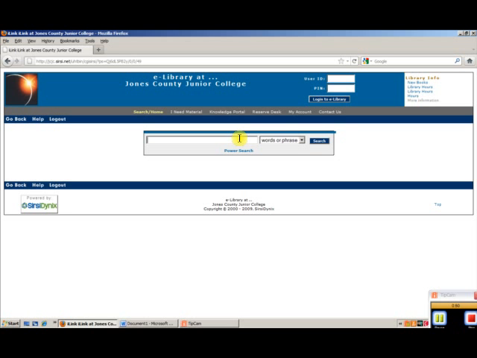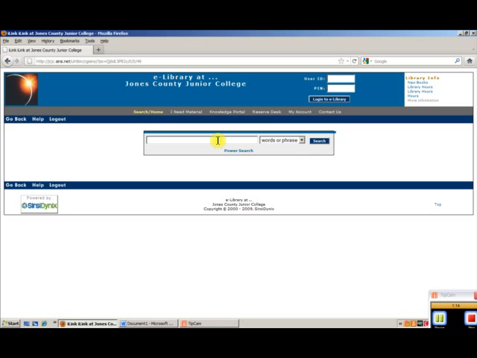This is a basic screen that tells you that you can do various searches. You can search by words, phrase, author, title, subject, or even the periodical title should you know the name of the magazine or newspaper that you're looking for. For most topics, you can simply type in and it defaults to the words or phrase, which is sufficient. If you have a particular author in mind, you can also do that as a words or phrase as an